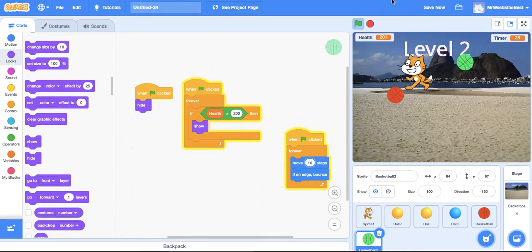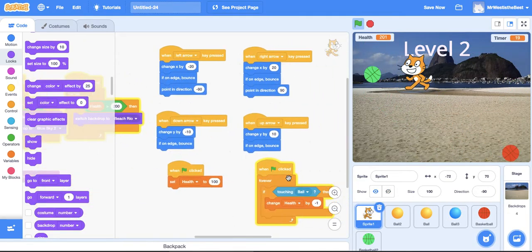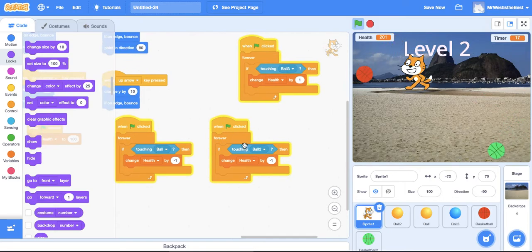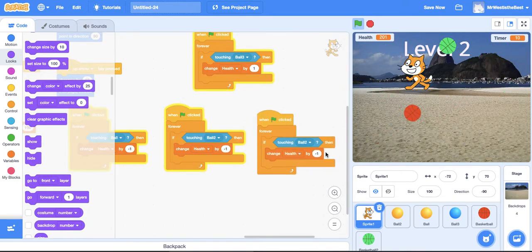Okay, great. Perfect. So now level 2 is happening, and this is way harder. Once again, you could pretty much steal the stuff off the other ones before. So the one about touching, about the health: if you're touching ball 2, you change things to go down by 1. So that's the bad character. So you duplicate this, and now all you're doing is you're making